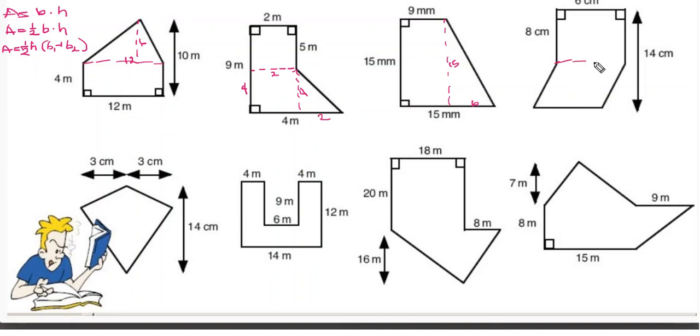So this one, we've got a rectangle, and then here we've got a parallelogram. So all we need is the height from here to here, right? If this is 8, that means that this height is 6. And if this distance is 6, opposite sides are equal, which means this has to be 6. So then you'd have your area here and your area here. Add those together once you found both of those areas, and there is your